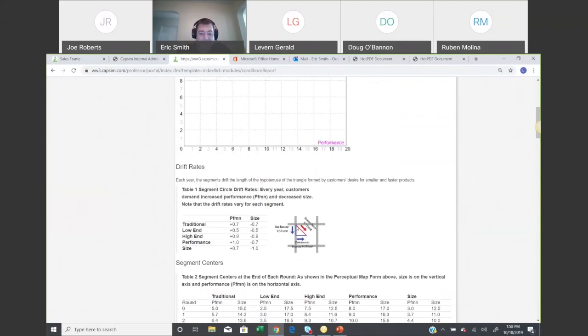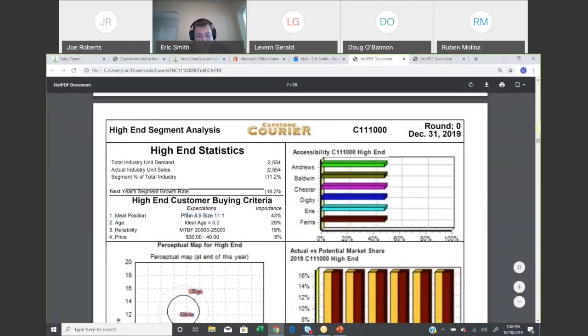But this report contains information that is very useful when you're making your decisions. It tells you the drift rates. So the reason I want to draw your attention to this is if I know where the ideal position